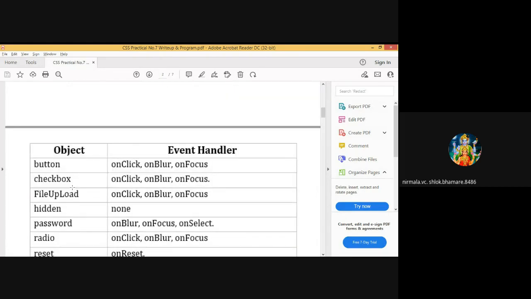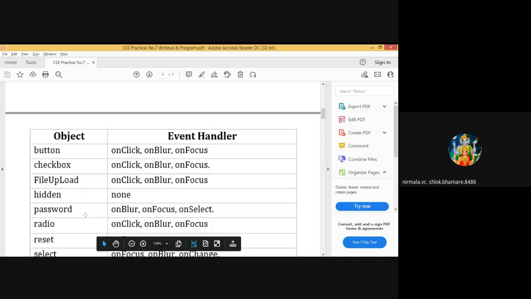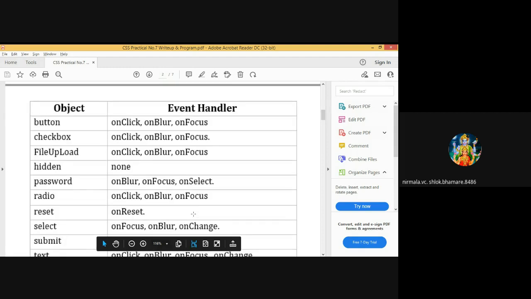So every component generates an event and every event has an event handler. For example, a button generates onclick, onblur and onfocus events. Checkbox generates onclick, onblur and onfocus. File upload generates onclick, onblur and onfocus. Then password: onblur, onfocus, onselect.